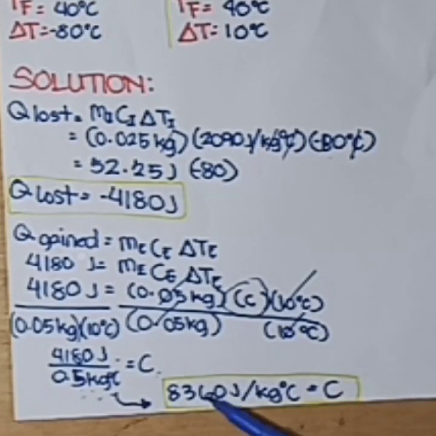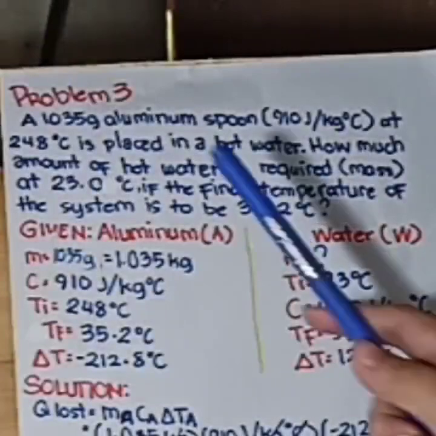It's 8,360 joules per kilogram degrees Celsius. So that's all in the problem 2. Now our last problem is